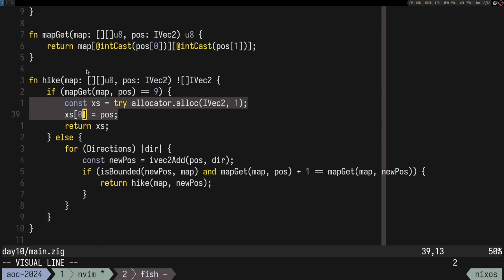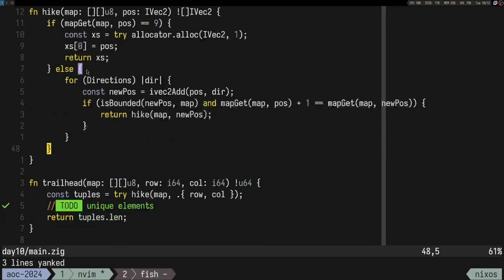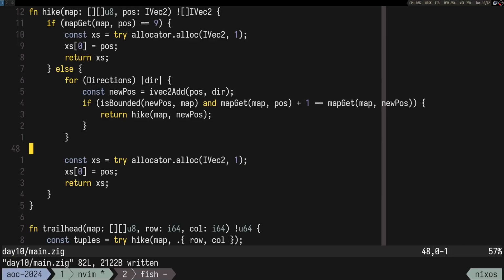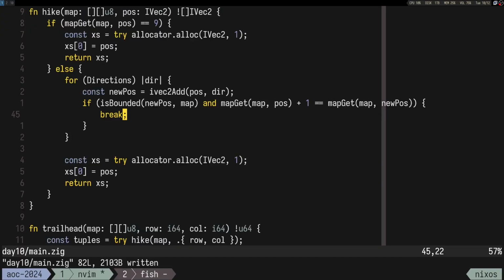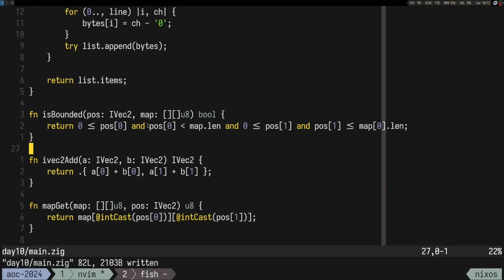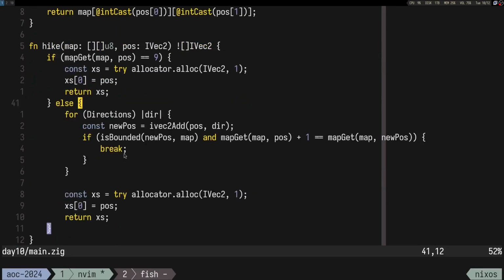Fuck. Okay, let's put the return here, and here I'm just going to break or something. Nice. So it still compiles even with these checks. Okay, perfect. So as I did here, I need to do something like this,